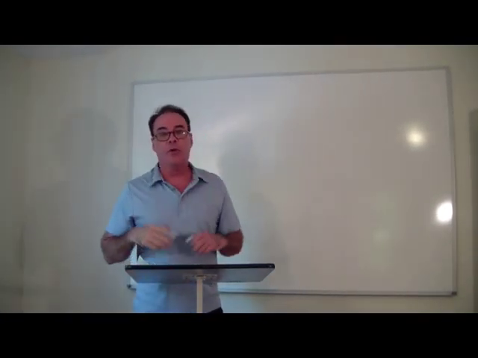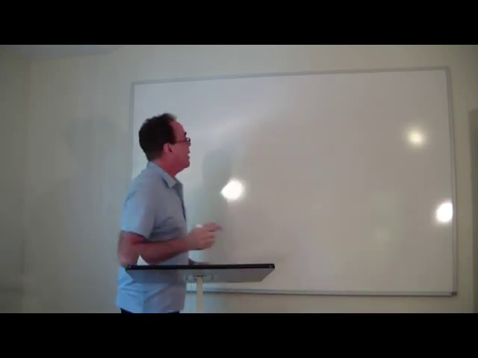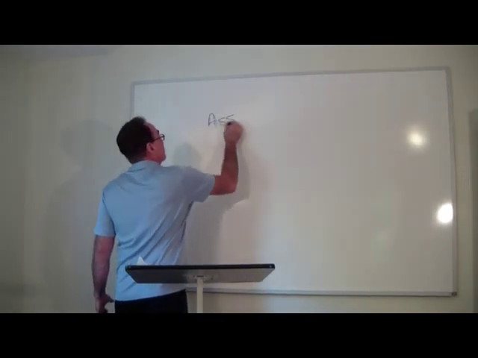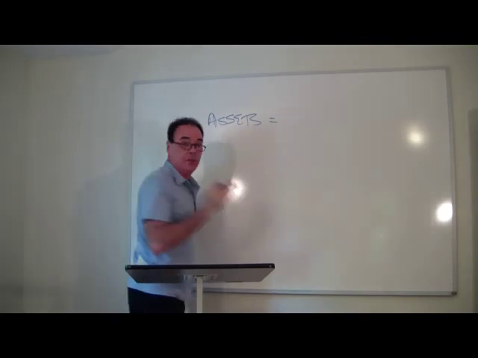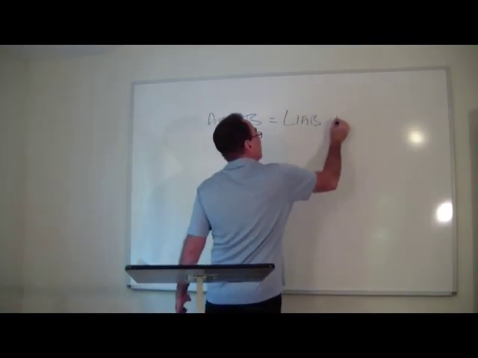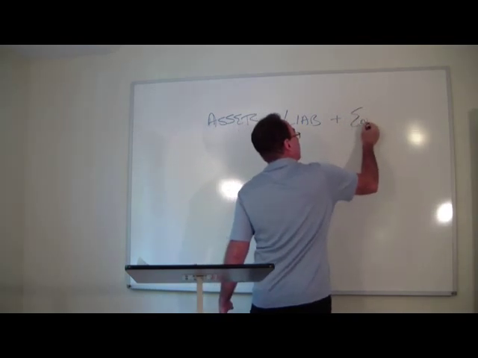Now to start with, let's think back to where we were when we met in Madrid, which is that we were dealing with the accounting equation. So the accounting equation just says what? Assets. See, you have new markers. Isn't this great? They all actually work. Assets equals liabilities plus equity.